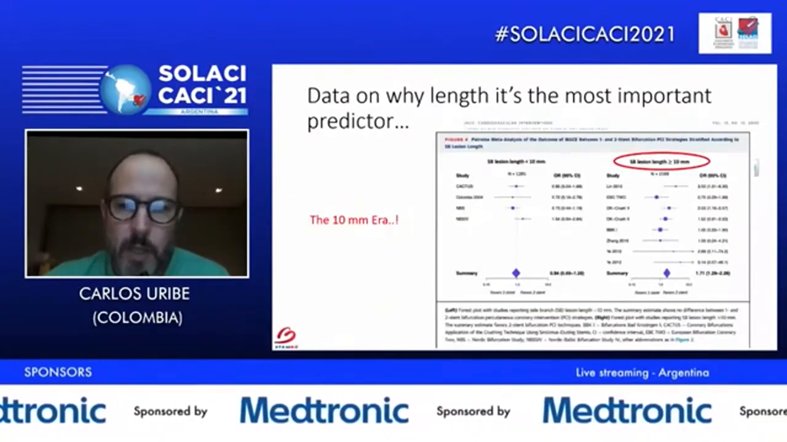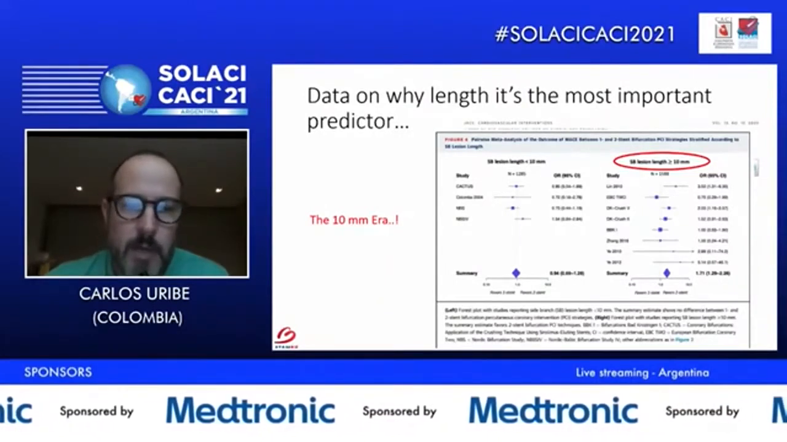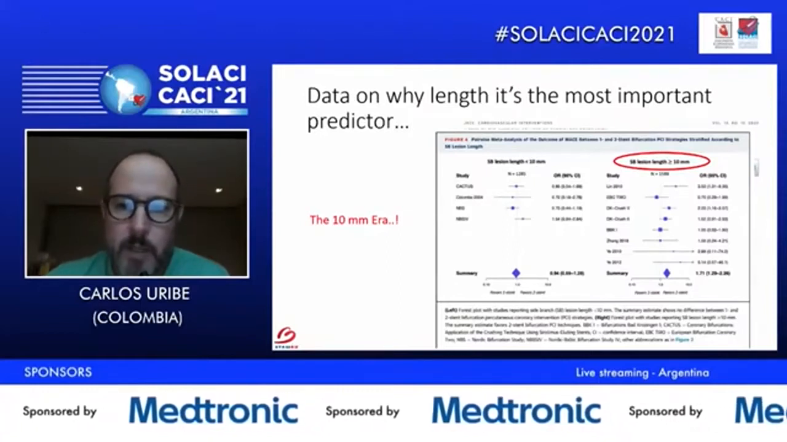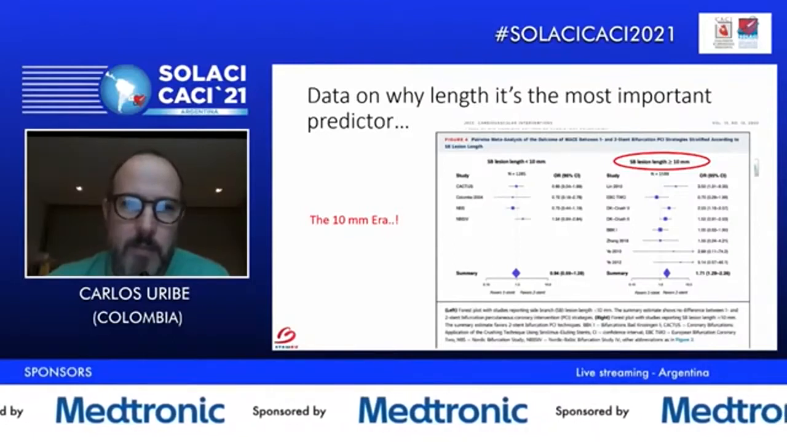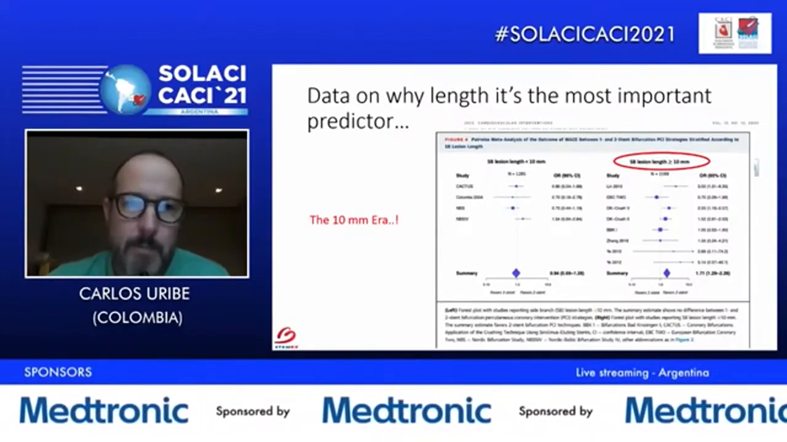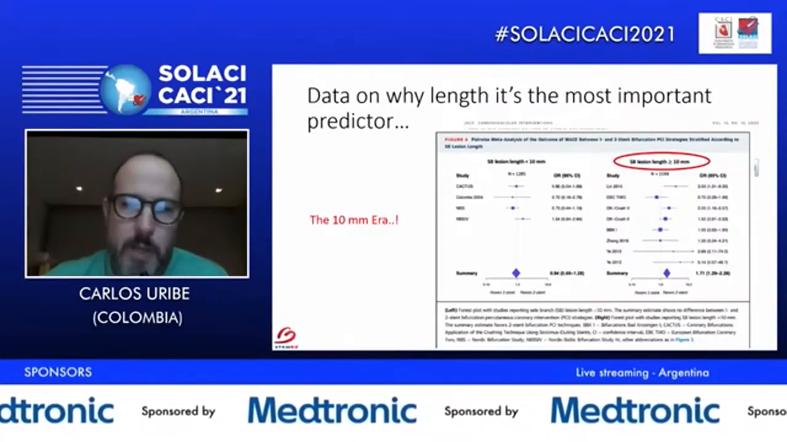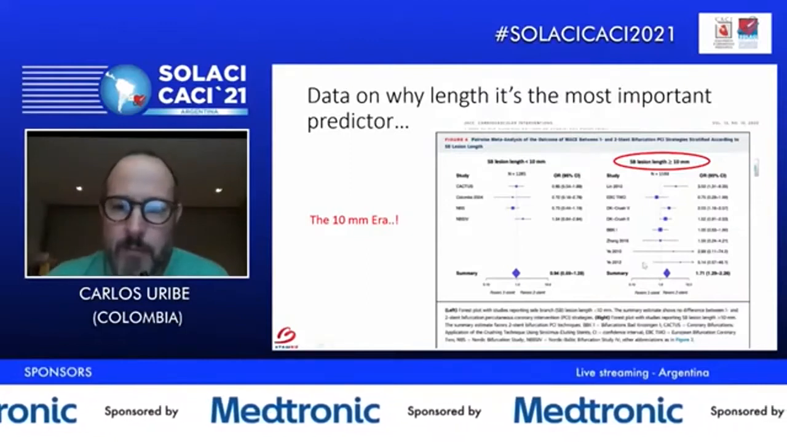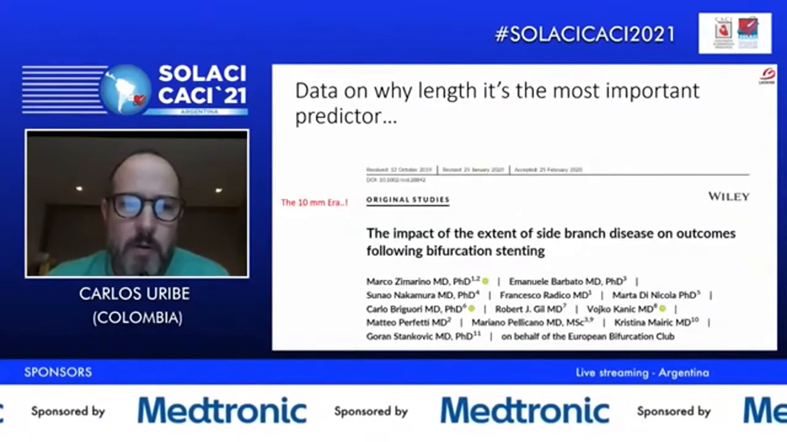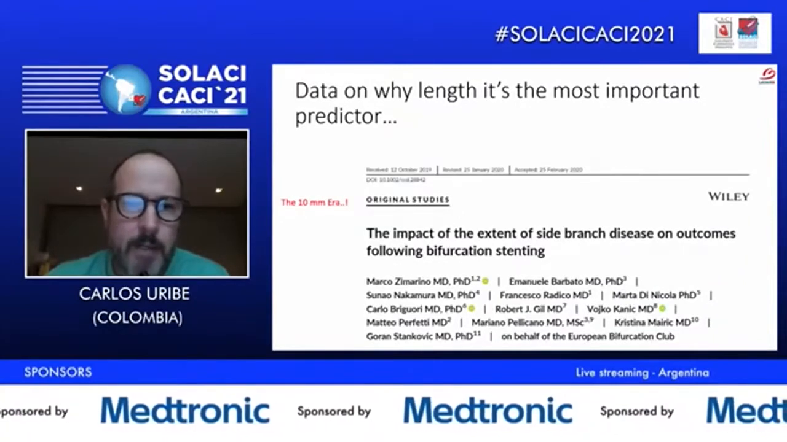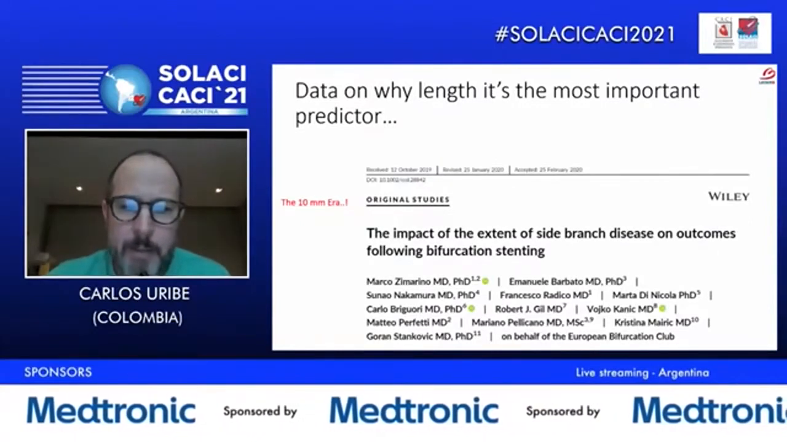This is to show you Professor Chan's study, 2017, that DK crush shows the length of 10 millimeters, which favors, as you can see, the two-stent strategy. This was also supported by, or checked by, Marcus and Marino's study